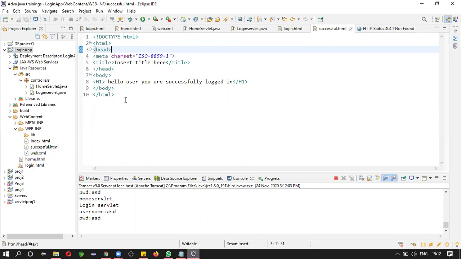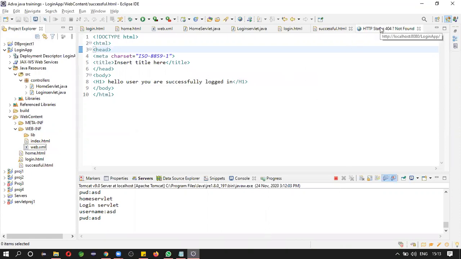Okay. What we did is we created the HTML file in WebIF, but it should be available in web content. Okay, so change. Now let's run.